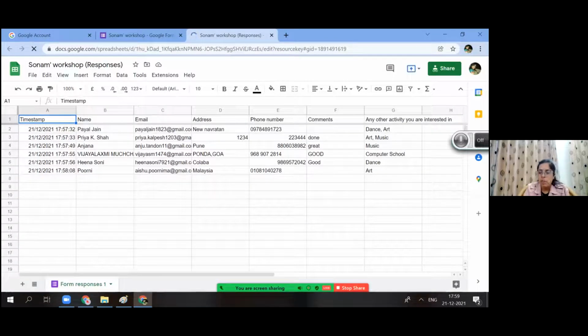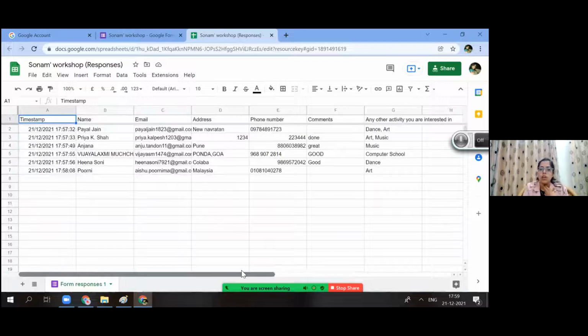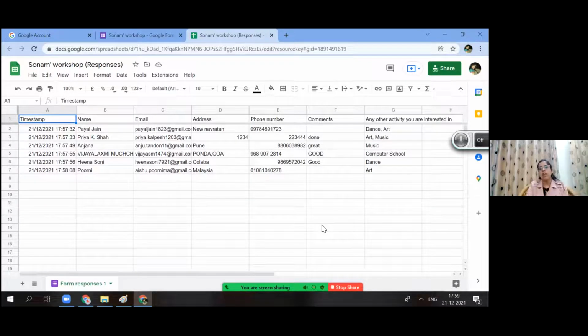Like if your question paper has 20 questions, A, B and C columns will be there with the required information like email ID, name, address, student's grade, and here you can see all the questions and which questions students have done right or wrong. Like if question F most of the students have done wrong, this could be taken up in the next session, wherein you will check where to start, and do a recap of the things which they have done. So this is how Google Forms are created.